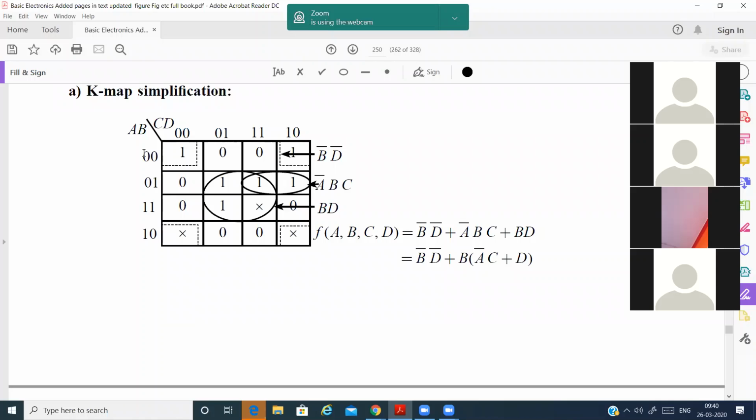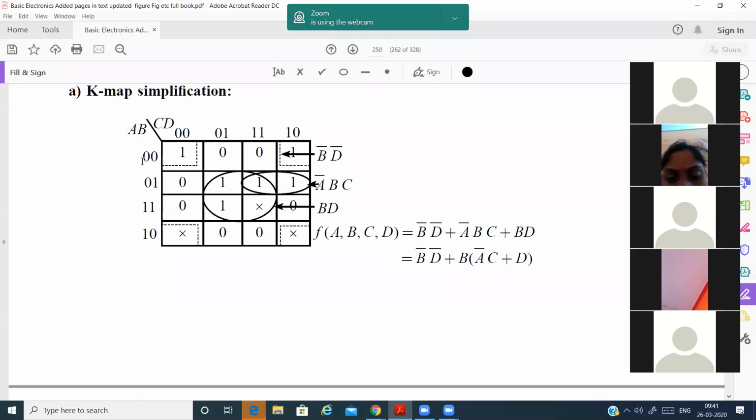Why like that, sir? The Karnaugh simplification technique itself is like that. That is a standard rule or algorithm used by the Karnaugh map. The Karnaugh map has some set of rules, and according to those rules only we have to align. In order to make the simplification, we have to take the table in that format only. It's not what we are doing, it's the Karnaugh map rule.